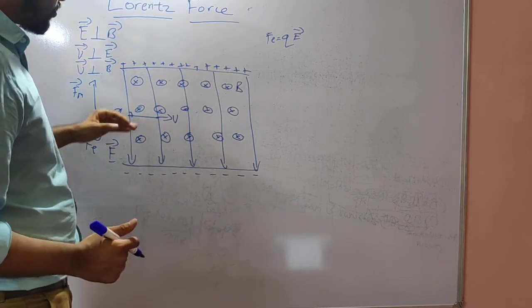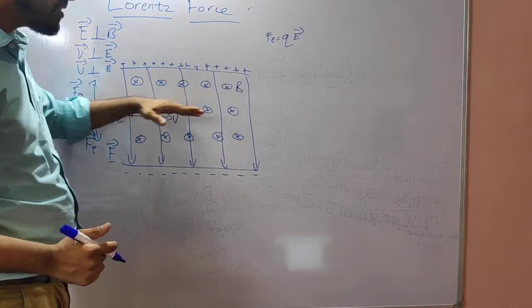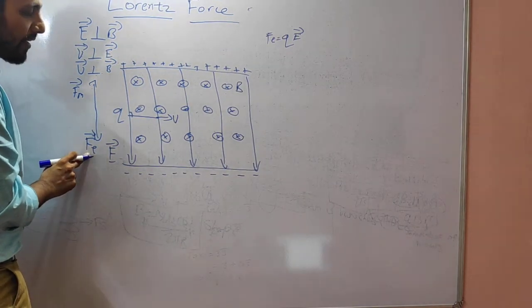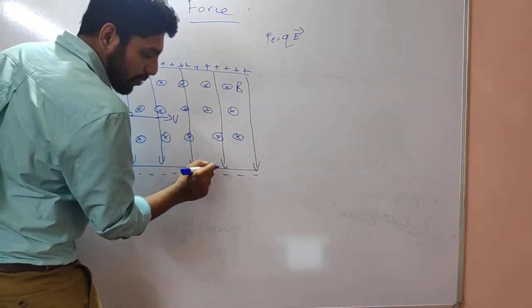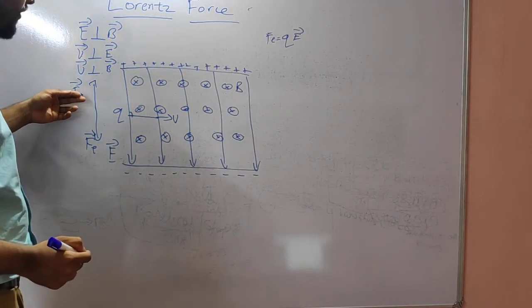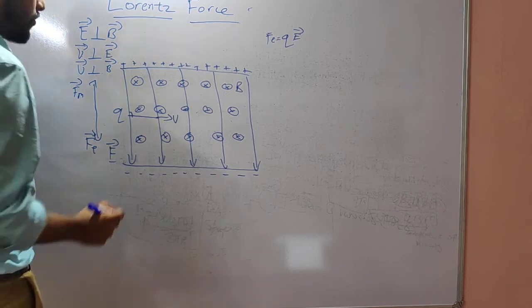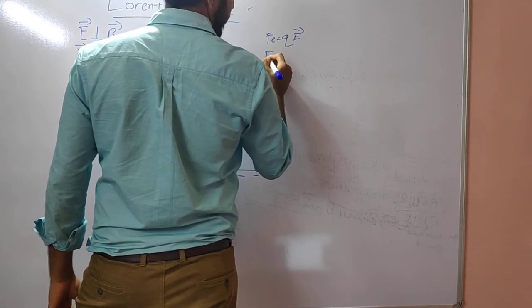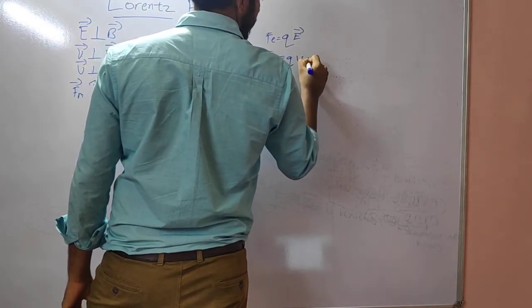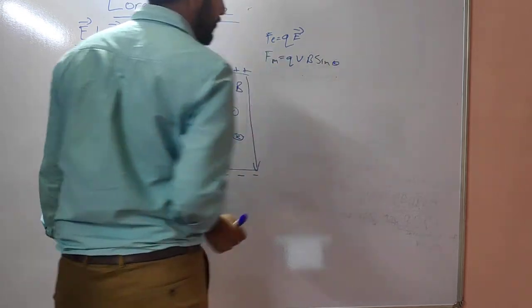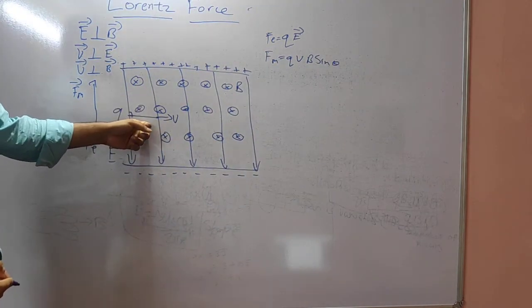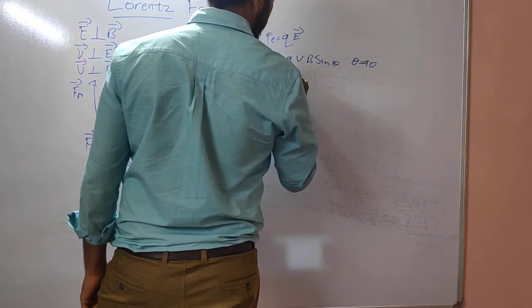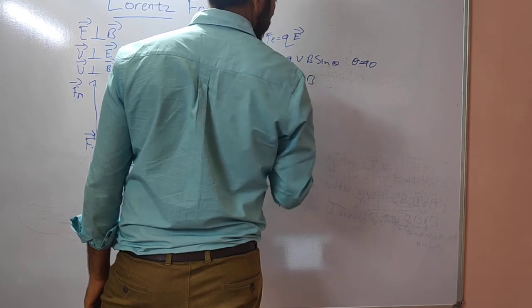Now suppose the charge moves in this direction, what it will do? Due to this electric field, force in electric field, what it will do? It will try to deflect in downward side. If the magnetic field acts on it, then it will try to deflect in upward direction. I'll write the formula for Fm also, that is Q V B sin theta. What is the value of theta over here? Magnetic field and velocity both are perpendicular to each other, so theta equals to 90. So I can write Fm equals to QVB. Can I write it? Yes.